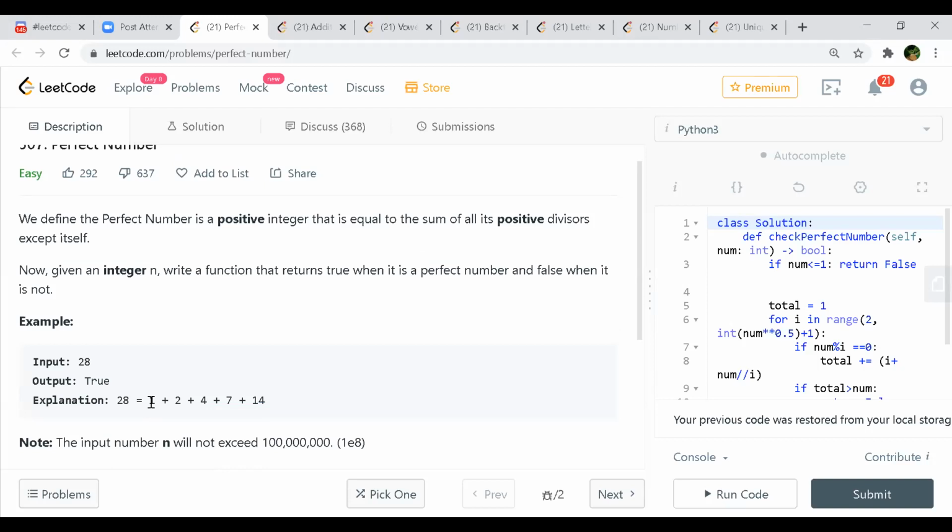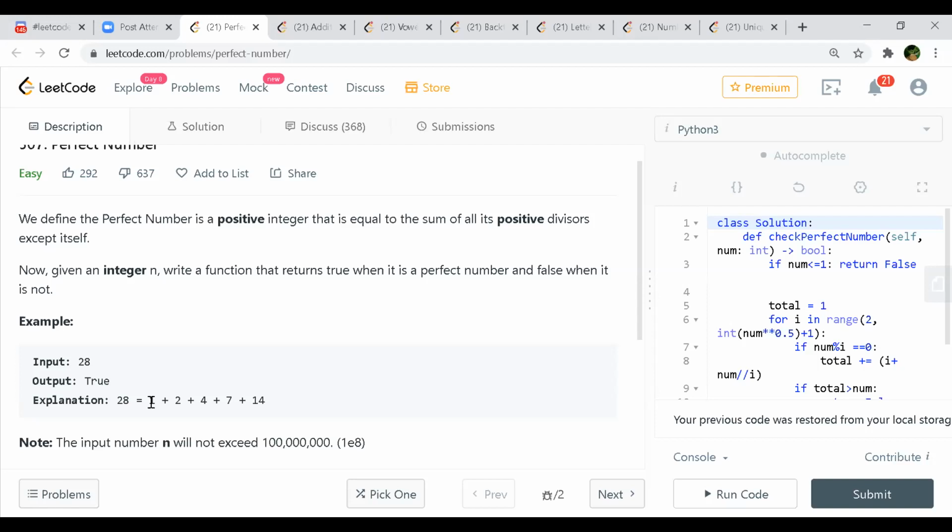So brute force would be to check every number whether it divides 28 and then sum them up, right? So you start with number 2, because 1 will always be a divisor by default for everything. You go till less than n, because you cannot take that number.